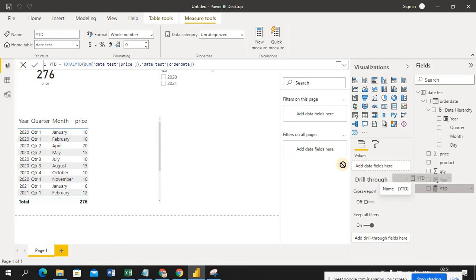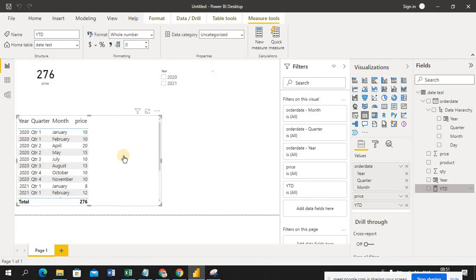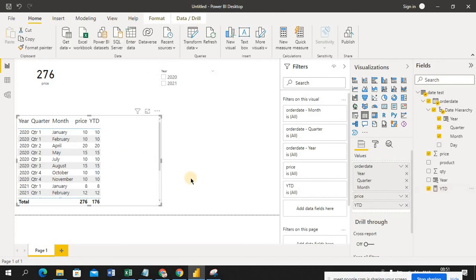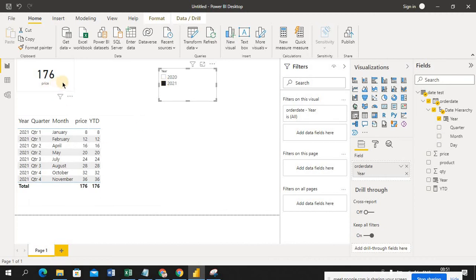Just drag and drop this here. See, here I am getting total sales, but here I am getting current year sales. The current year is what? 2022. See guys, it's matching for 2021. Currently I am in 2021 as per my data, not real world data.